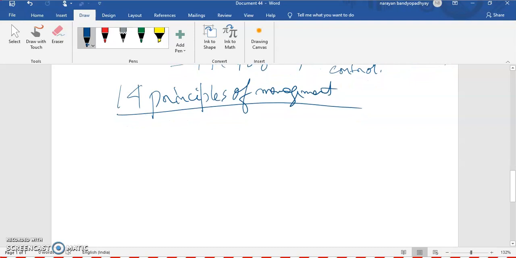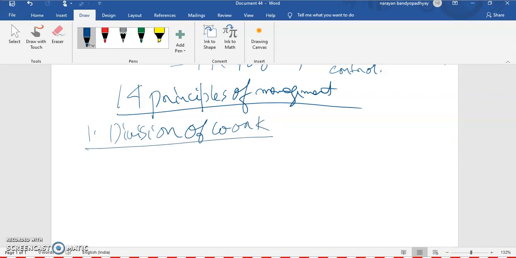Now, his principles of management were published as a book, Administration Industrielle et Générale, in 1917. Not much important. Now we will discuss directly Fayol's 14 principles of management. So the first principle was division of work. What do you mean by division of work, students? You have to write it on your own. I will send out the notes and you have to make your own answer. Until and unless you are able to make your own answer in English, it will be very difficult to crack the examination with good marks, with 90+ marks, isn't it?